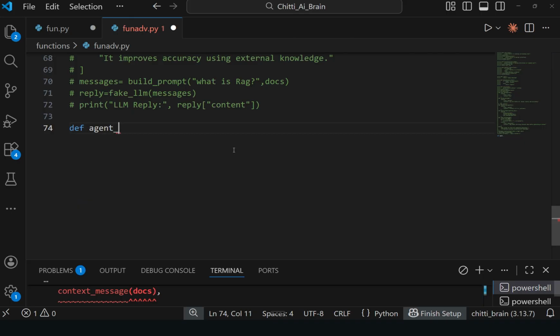The decide function is defined, and it takes a query. For that query, it should reply based on the query.